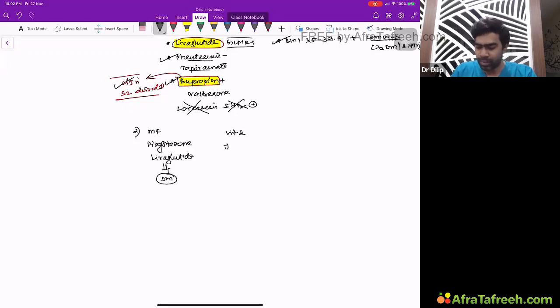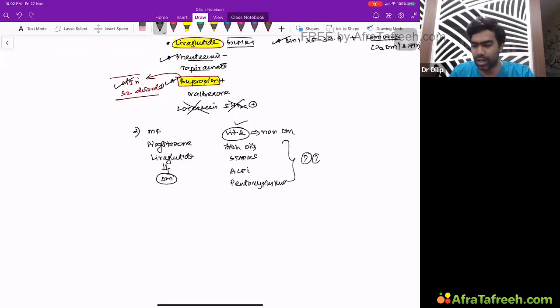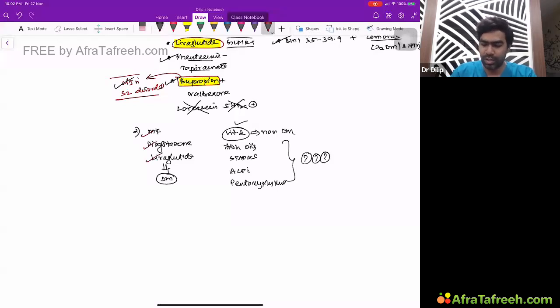Then other drugs, fish oils, statins, ACE inhibitors, pentoxifylline, all these things are considered to be beneficial. But vitamin E is proven in non-diabetic patients. In non-diabetic patients, surely you can use vitamin E, but for all these other drugs, whether they're beneficial or not, we have no idea. They are highly controversial. Definite benefit or at least potential benefit has been proven with these three diabetic drugs, metformin, pioglitazone, and liraglutide. But in non-diabetic patients, vitamin E has been shown to be of benefit. Other drugs like fish oil, statins, ACE inhibitors, and pentoxifylline are a little controversial.